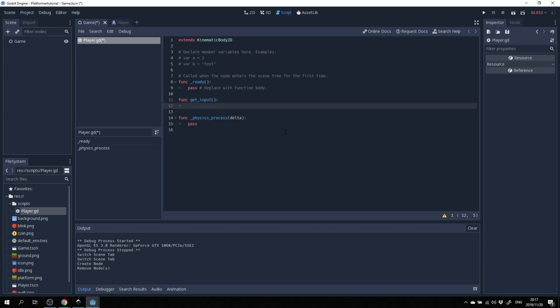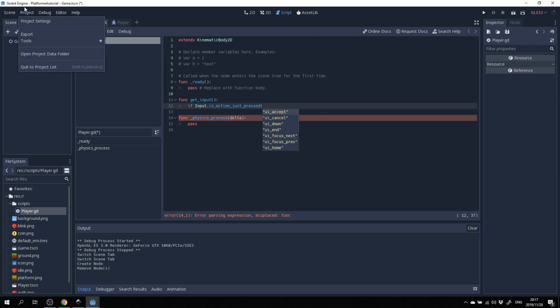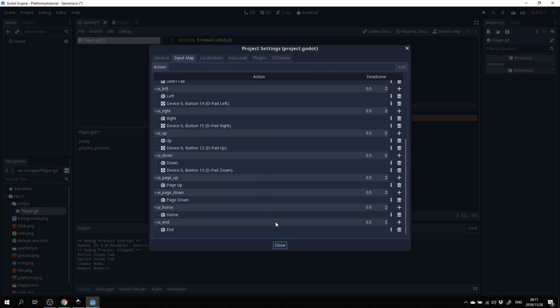So all our input for our player will come from here. Here is something very important to note: we're going to be using something called input.isActionPressed. Action pressed has definitions of various actions. To show you where this comes from, go over to project settings and input map. In this input map, you'll see these various naming conventions, which are essentially actions in our